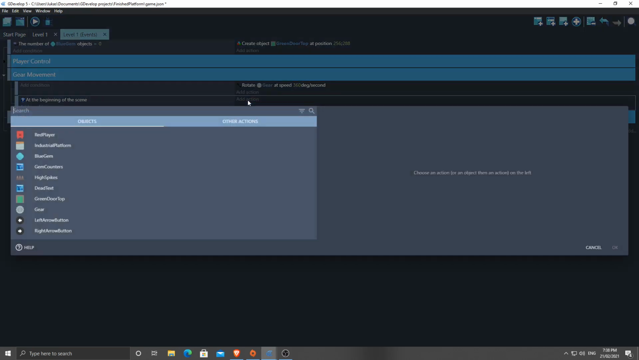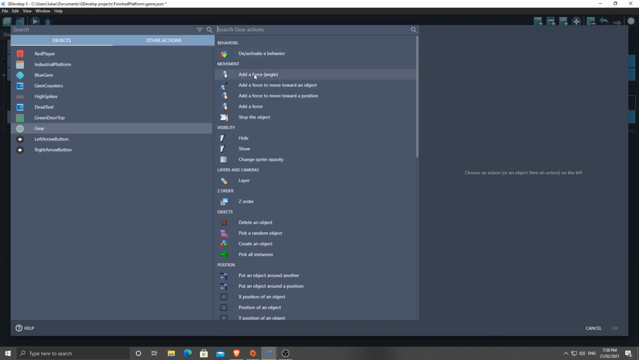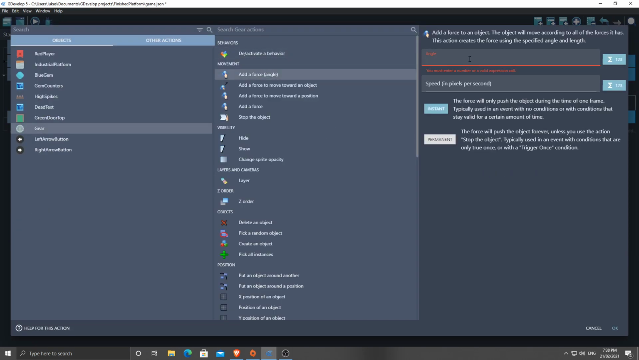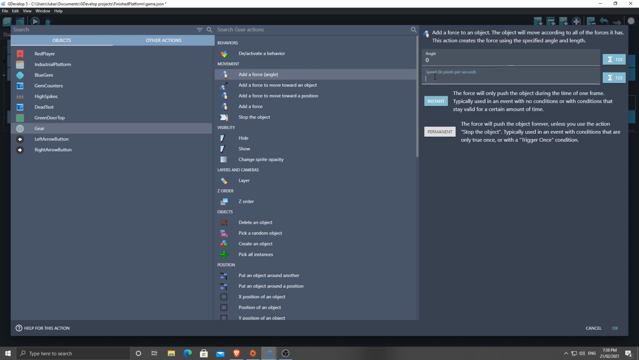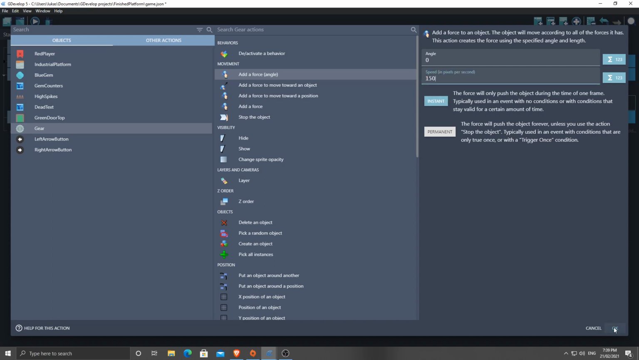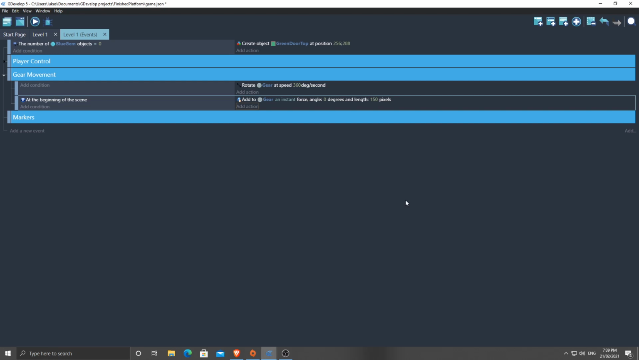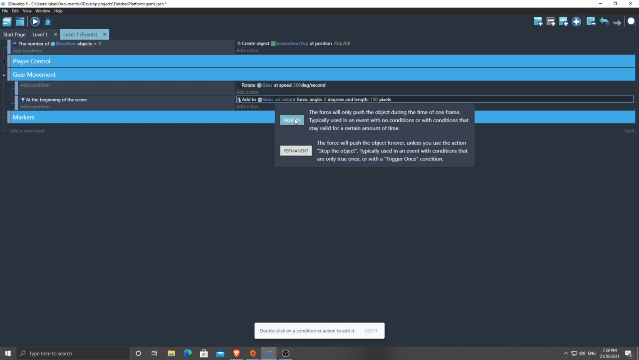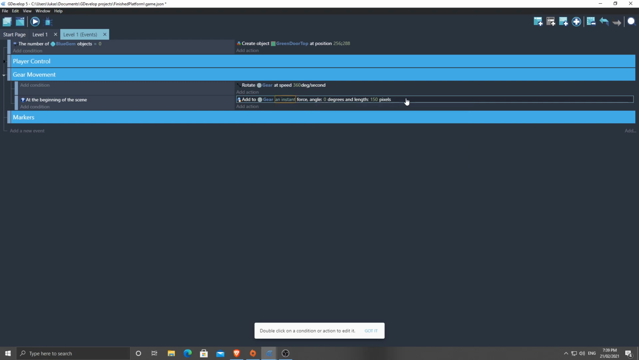add an action, gear, add a force angle. And the angle here is going to be, and we're just going to make it 0. And we're going to set speed to be 150. Okay, so what we've got here, we want an instant force, by the way, an instant force. And I actually made a mistake here, so we're going to delete that